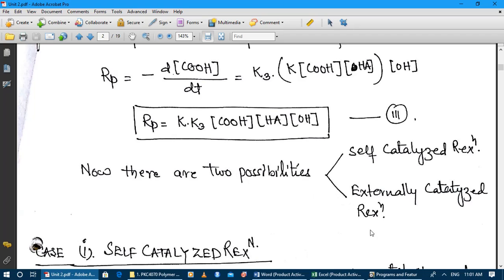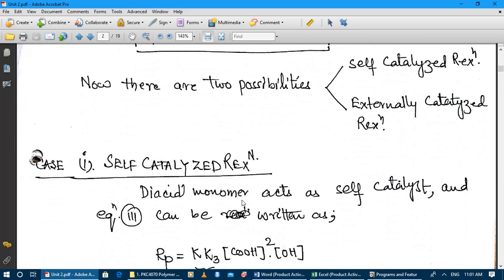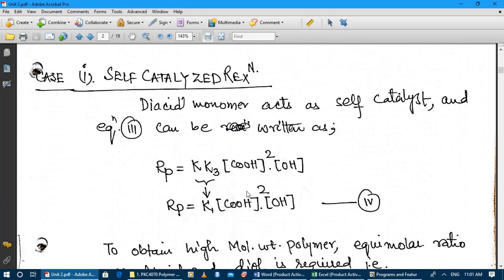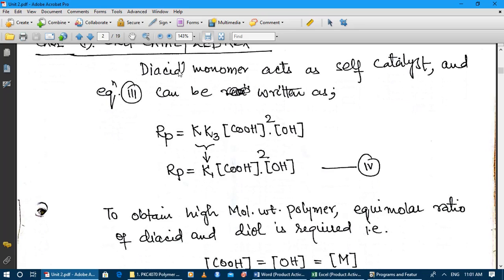Another possibility is that we are adding catalyst HA externally to the system. So the rate kinetics will be different for these two conditions. First of all, we will see the self-catalyzed reaction. Here the diacid monomer can act as a self-catalyst, and equation 3 can be rewritten as